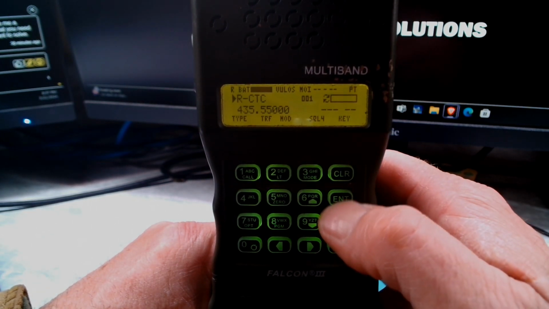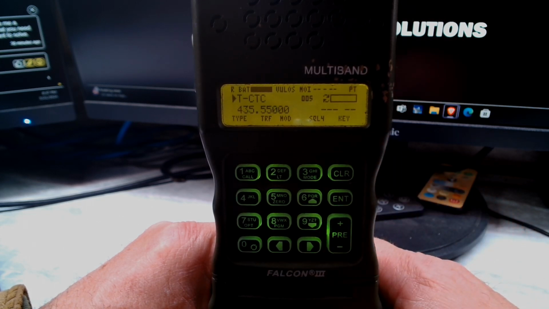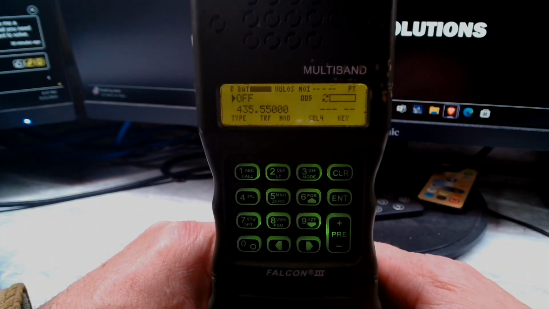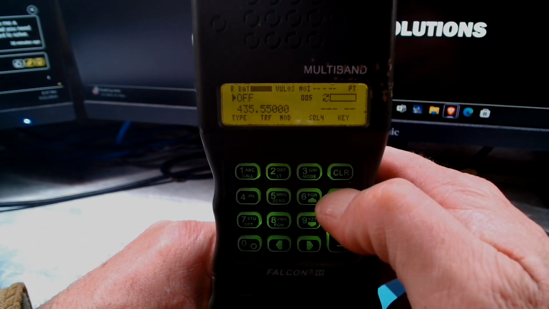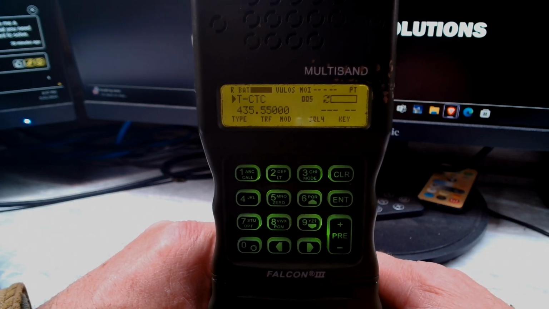Now we're going to go up to menu number 5 where it says T for transmit CTCSS. Go into that, hit the down arrow, hit off, hit enter to set it. So now we have no transmit or no receive CTCSS tones, PL tones, whatever you want to call them, enabled